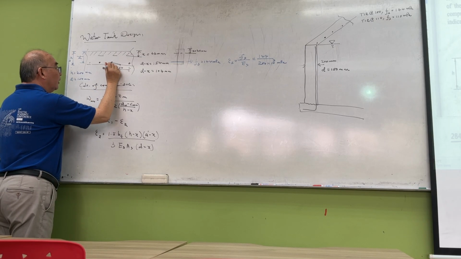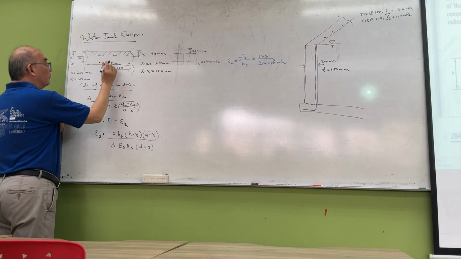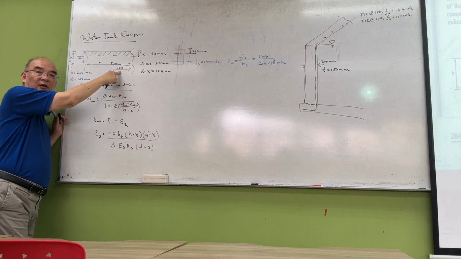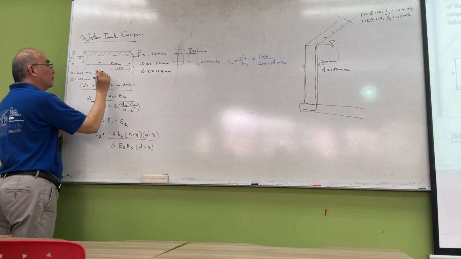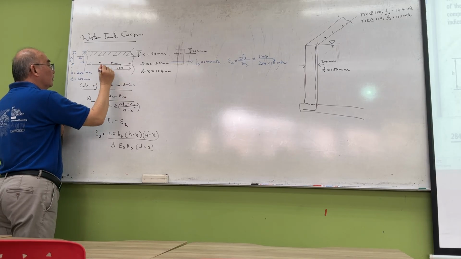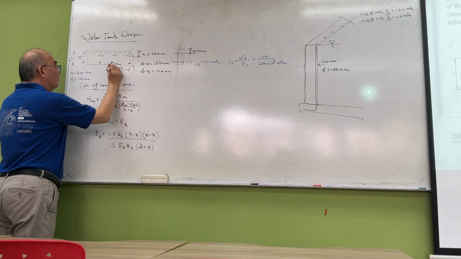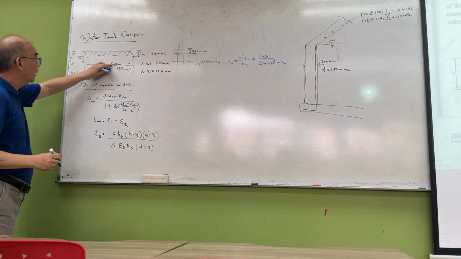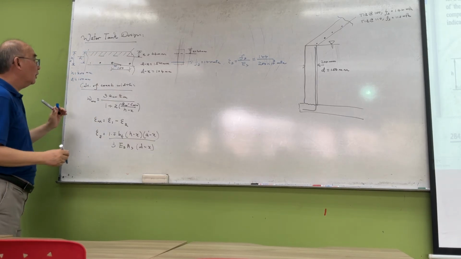We calculate it based on this triangle. From here to here is half of 150, which is 75. And from here to the center line of the bar,